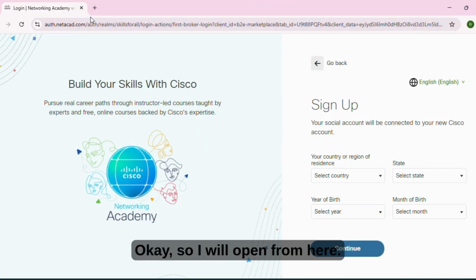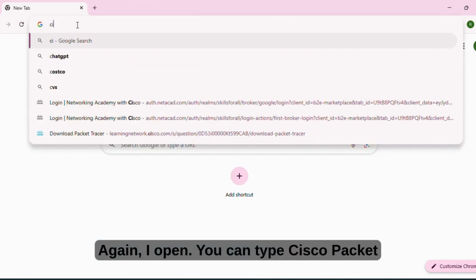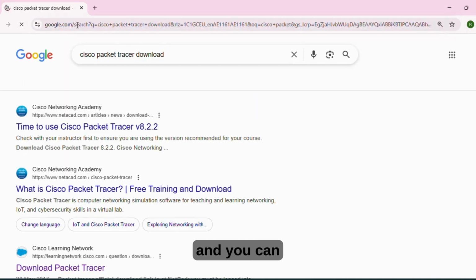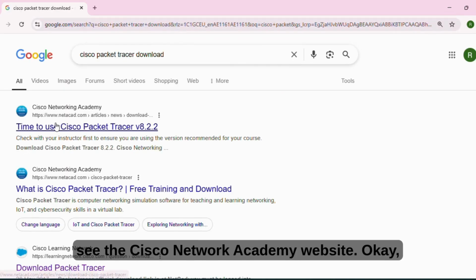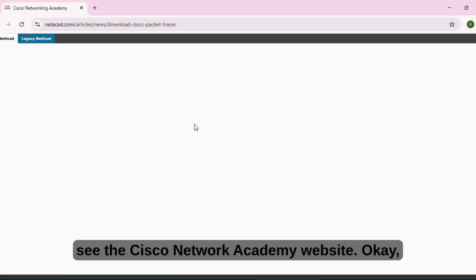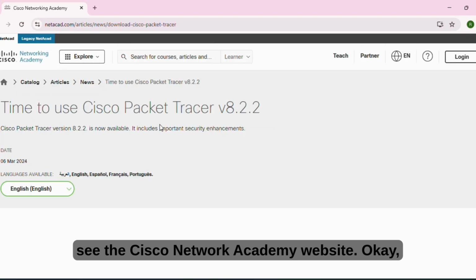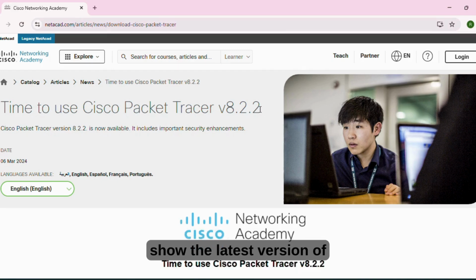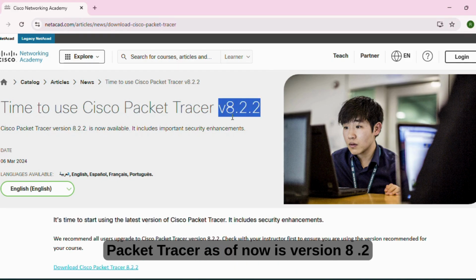Okay, so I will open from here. Again, I will open. You can type Cisco Packet Tracer download, and you can see the Cisco Network Academy website. It will show the latest version of Packet Tracer as of now is version 8.2.2, and you should have